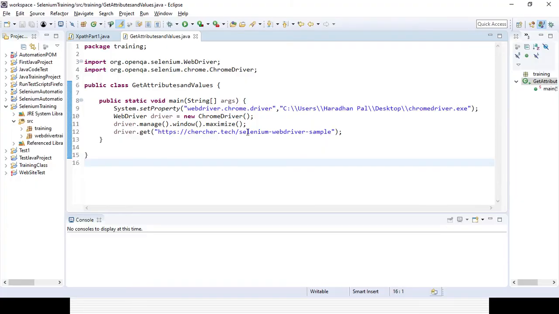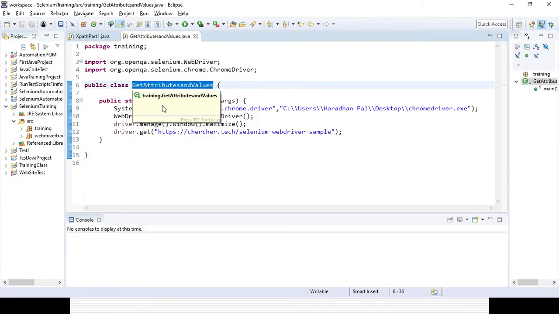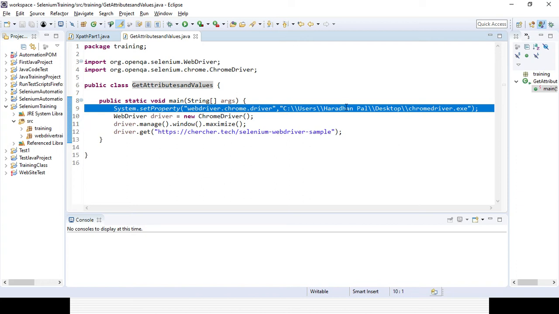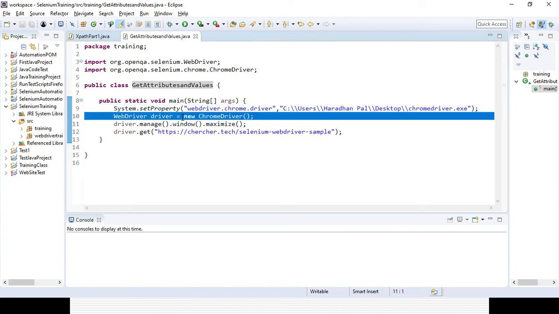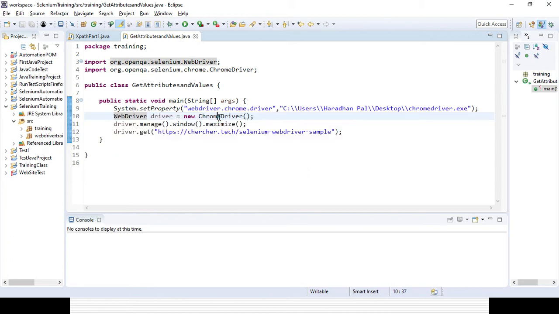Here I already created a class, GetAttributeAndValues, where I am already passing the properties for the Chrome driver path, setting the properties, and launching the Chrome browser with the help of the WebDriver interface and the ChromeDriver class. I am maximizing it and passing the value for the URL that I already opened.